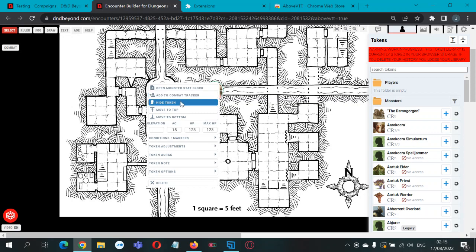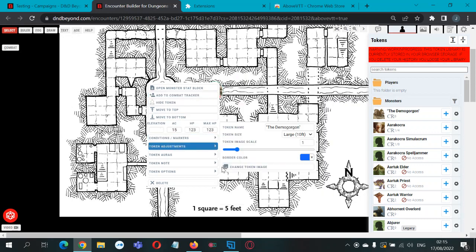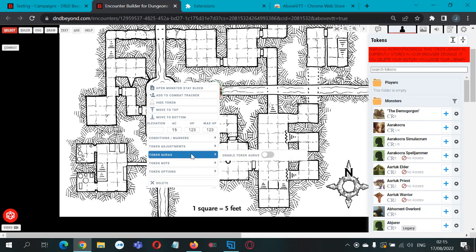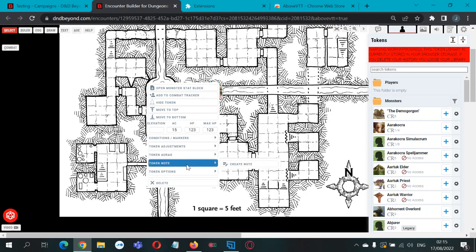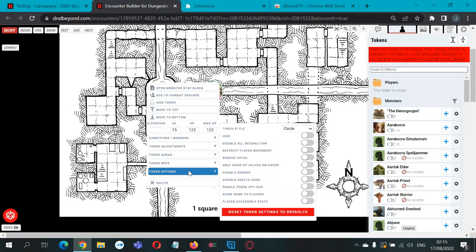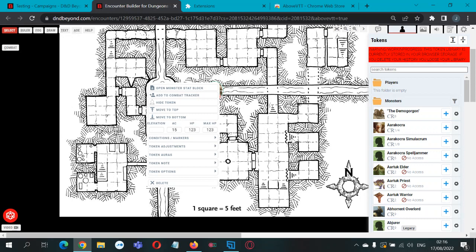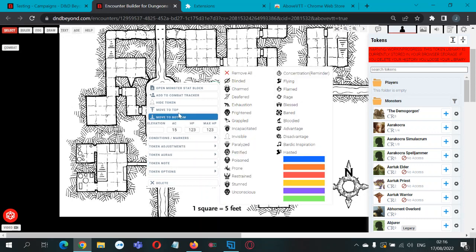Let's see. Stat bar, combat tracker, just AC, max HP, token options, adjustments, you change scale, border, change the image. So you can use this to build your scenes, placing the tokens and stuff ready. And you can move the players to the scene and unhide as you need to. I don't know if it's any better than Roll20, but off the bat, you already seem to have quite a few